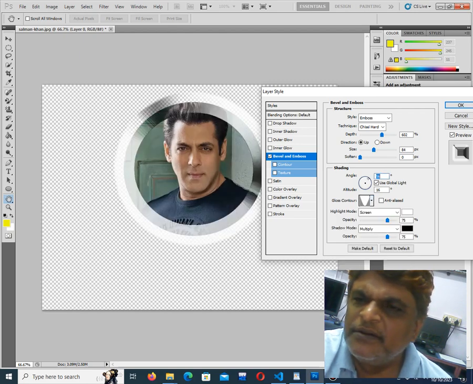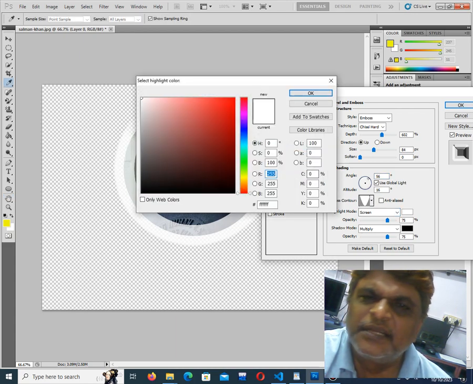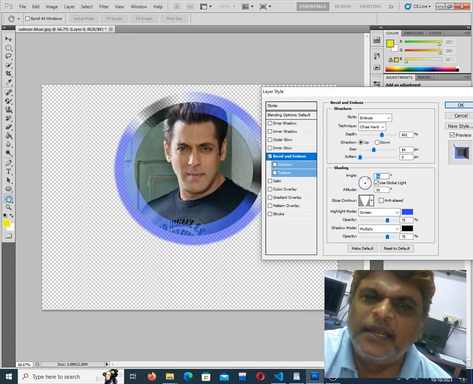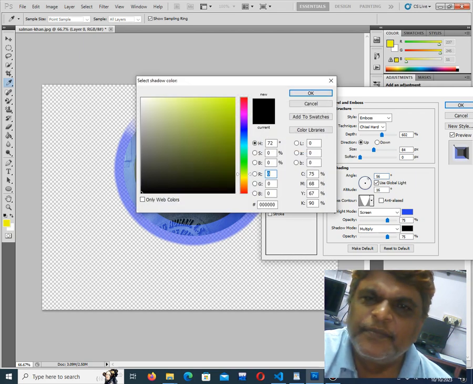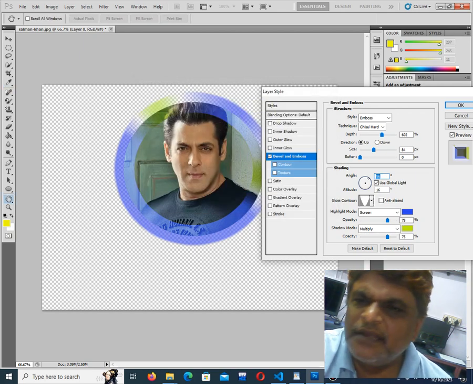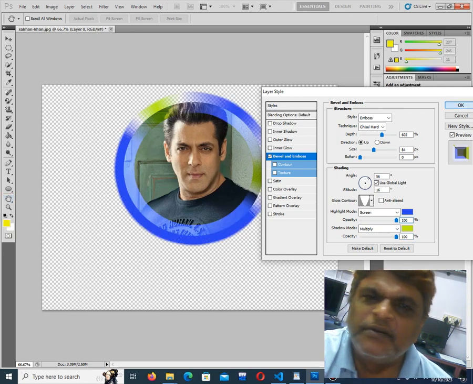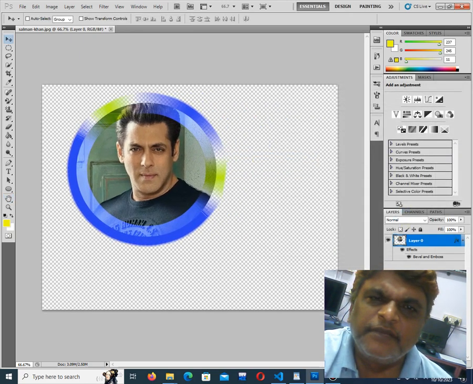Then here you select color, which color you want to select. And then there is one more option, mode. Suppose I say yellow color. Okay, and how much opacity you want, you can drag. Then you click on OK. Now this is for creating embossing effect for a given picture.